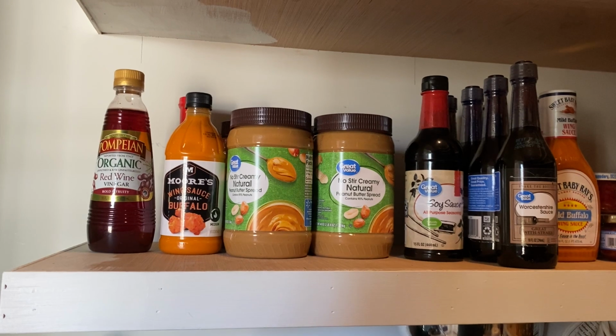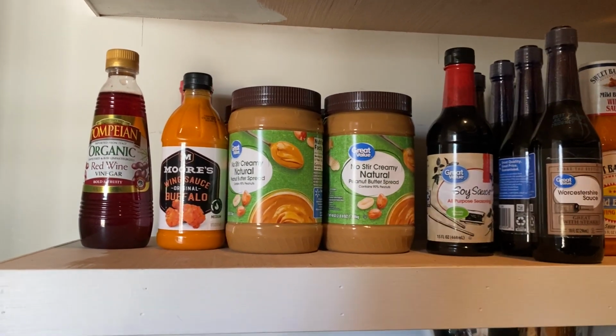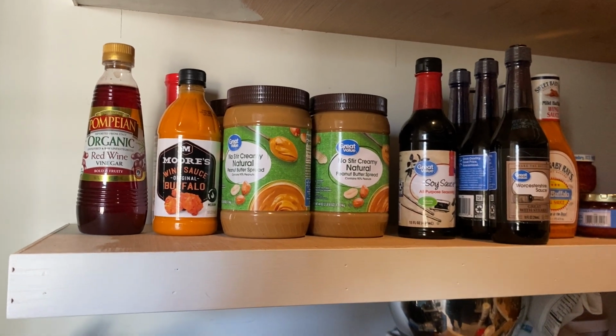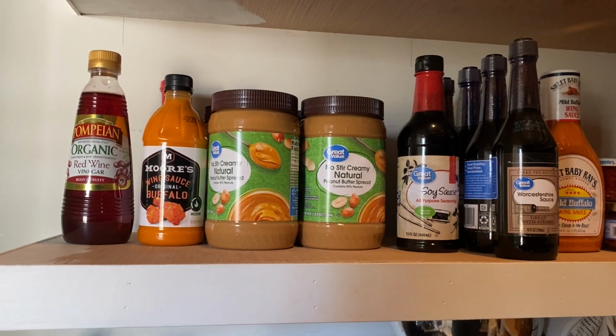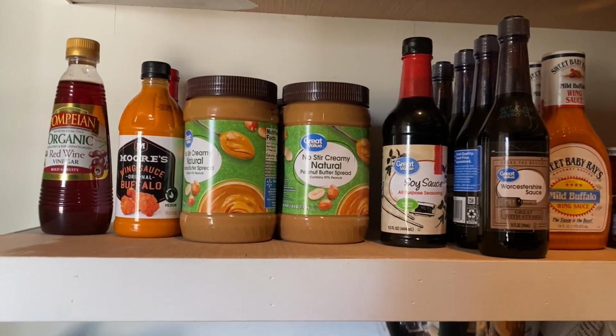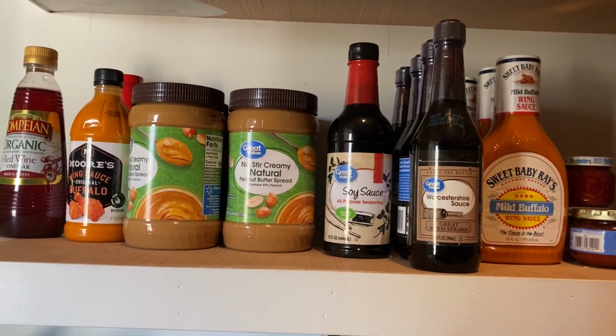I've got some lined notebook paper in my planner, and I've kept a running list of random ingredients that I would like to use up during the pantry challenge, as well as when I see things like this bottle of buffalo sauce, making sure I'm writing down, hey, don't forget to make buffalo chicken dip sometime during the pantry challenge. Although I see that I have like 3 or 4 more bottles right here, so we probably will not get